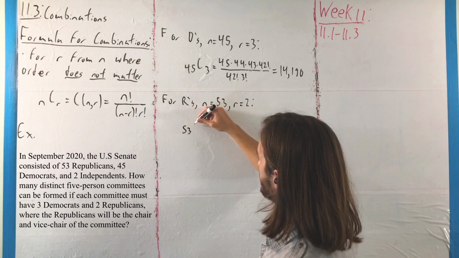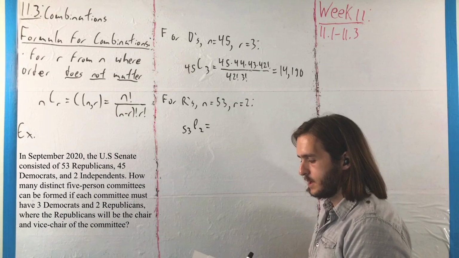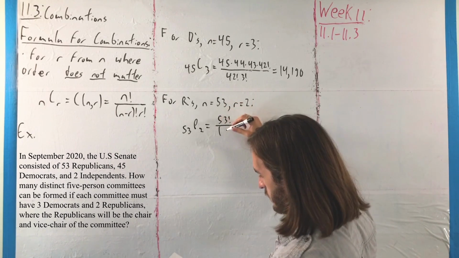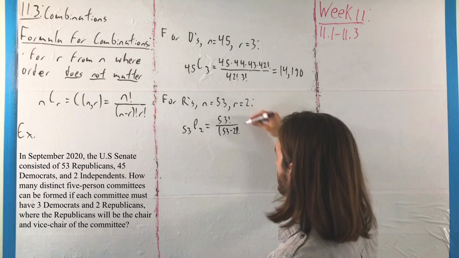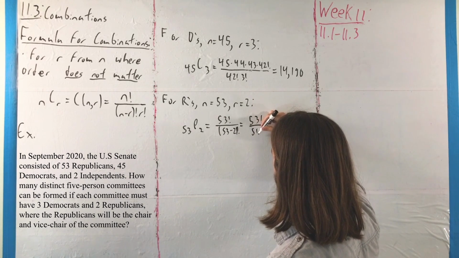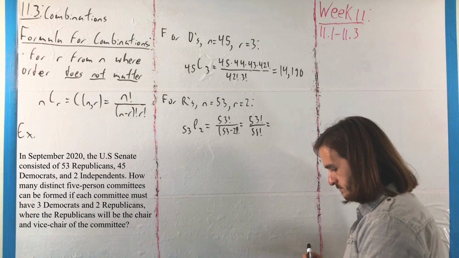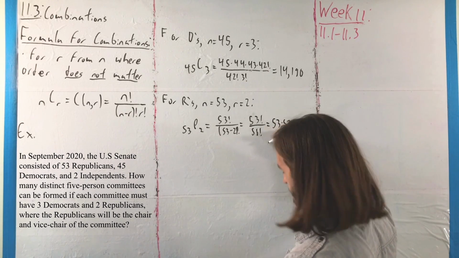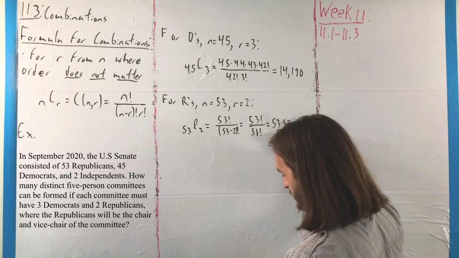So you have 53 permute 2 total options, which ends up being 53 factorial over 53 minus 2 quantity factorial, or 53 factorial over 51 factorial. That is, well, 53 times 52, or 2,756